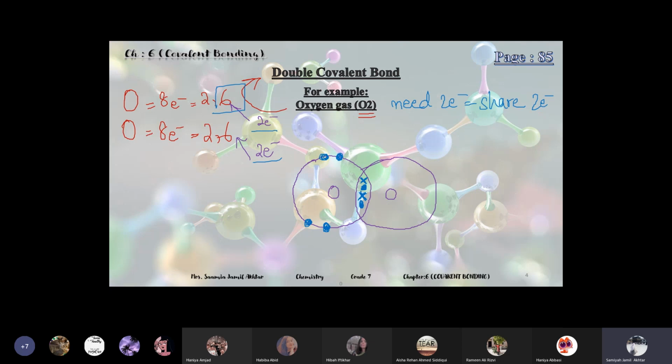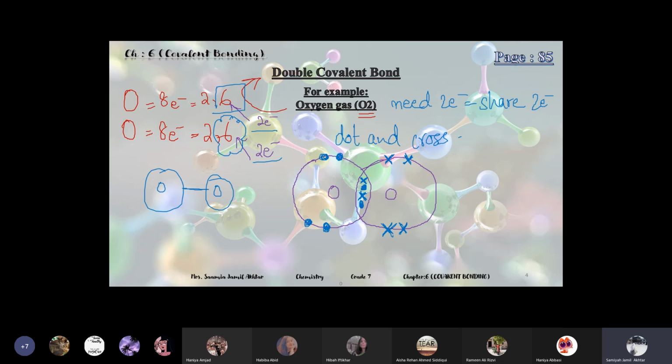Similarly, for oxygen number 2 also, out of 6 electrons, it has given 2 electrons in the shared area. It shared 2 electrons, and the rest of the 4 electrons will remain outside, like this. So this is the dot and cross diagram for the oxygen molecule, and its ball and stick diagram will be oxygen, oxygen, and